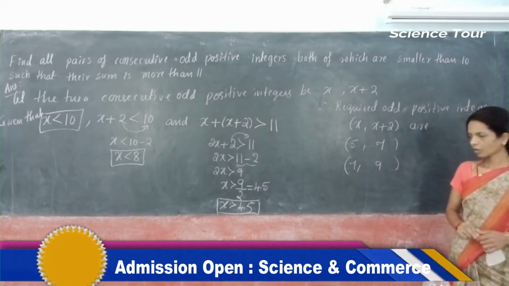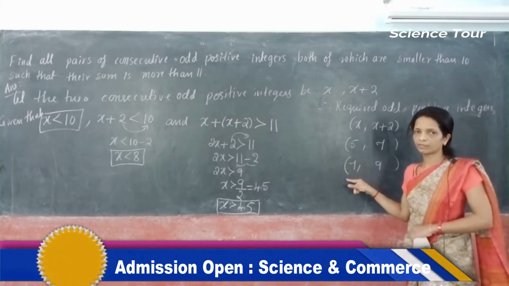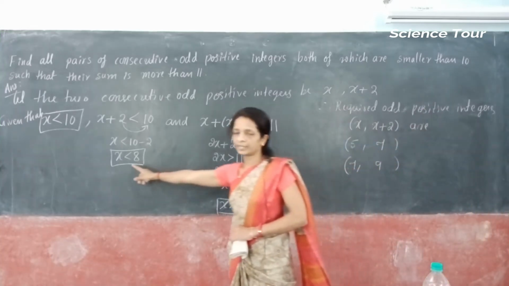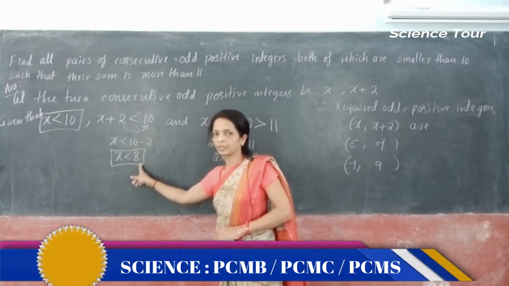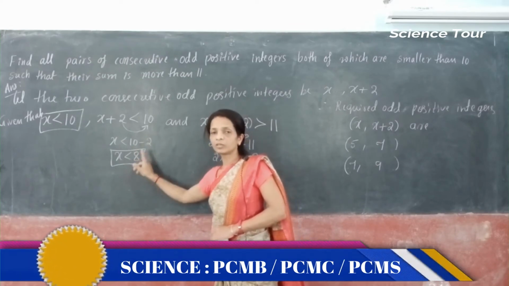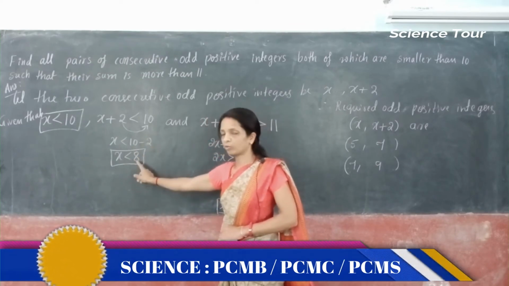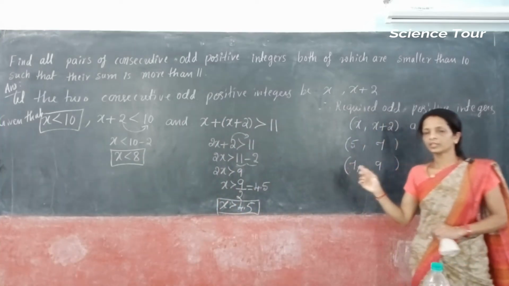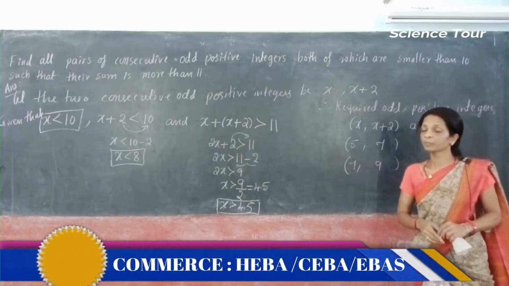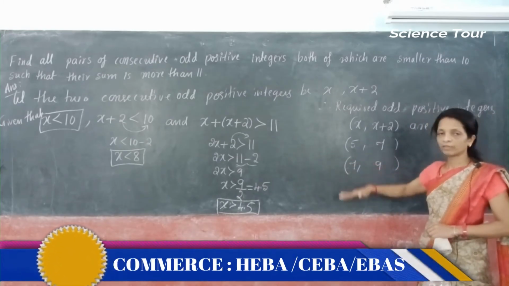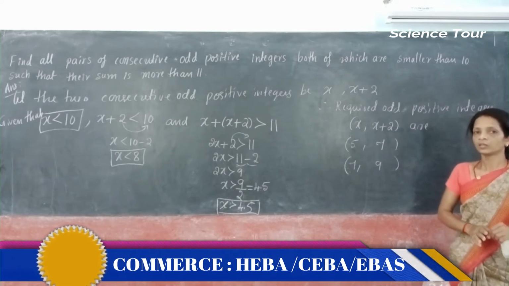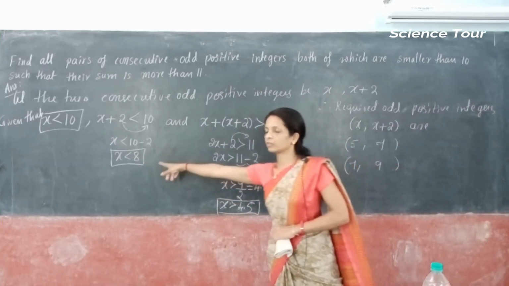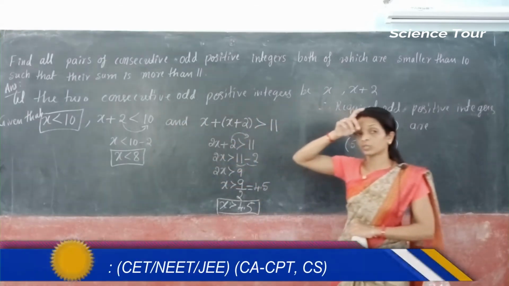Okay. And which is the next odd after 7? That is 9. That is not satisfying this inequality, right? X should be less than 8. You have to take an odd number that should be less than 8 according to the second condition. If you take 9, 11 or 13 like that, that is not satisfying the second condition. So after 7 you cannot take any odd number as x. Why? Because that does not satisfy this condition, as well as that also if you take more than 10.